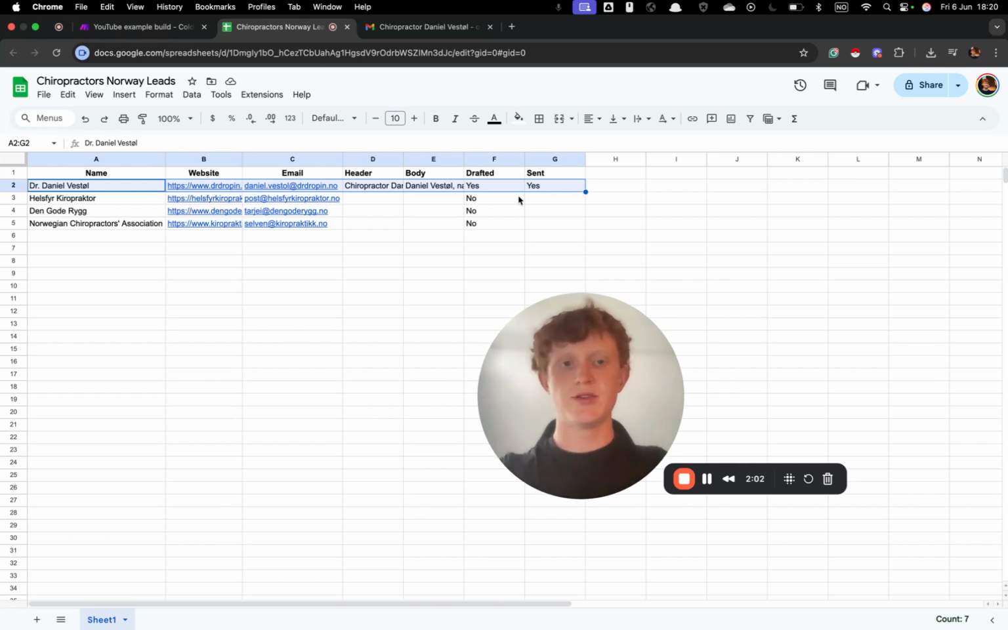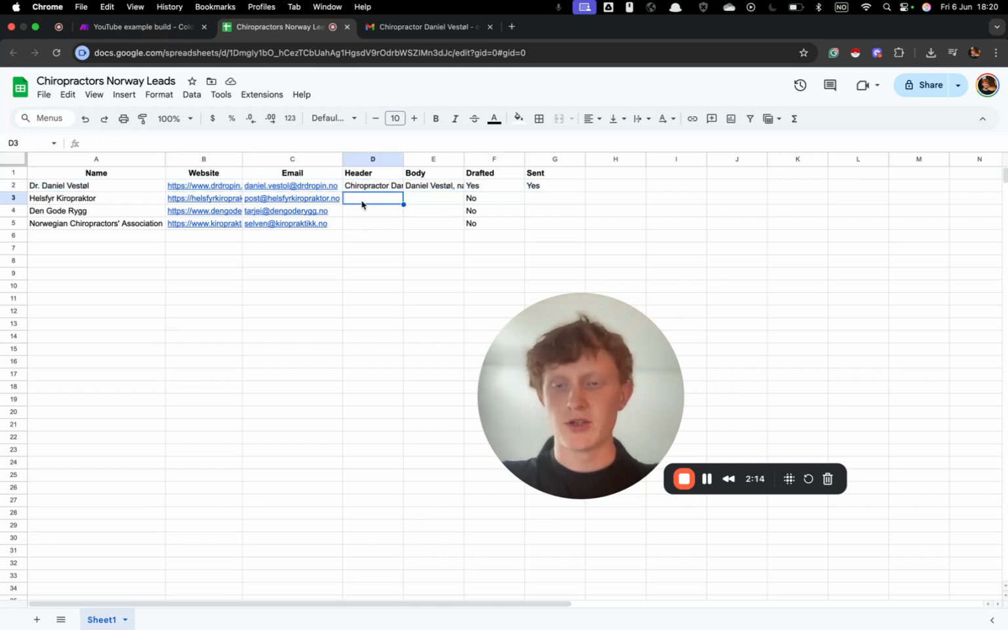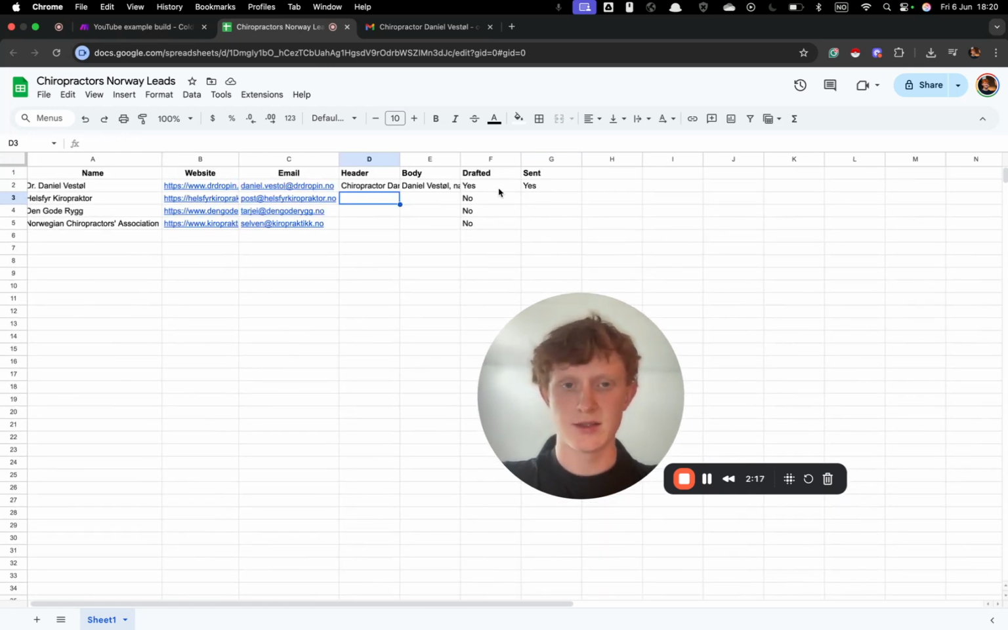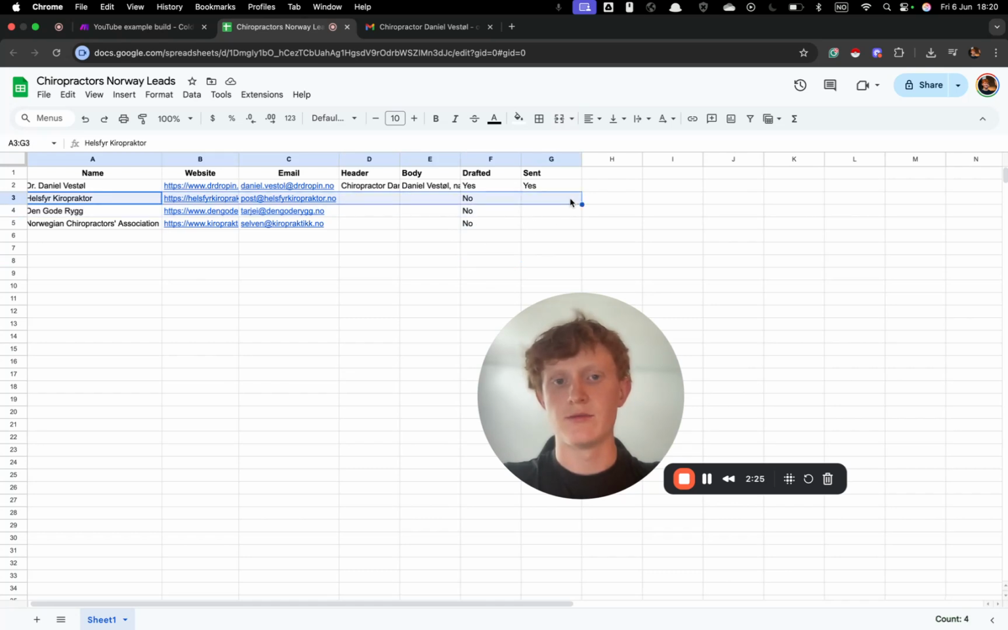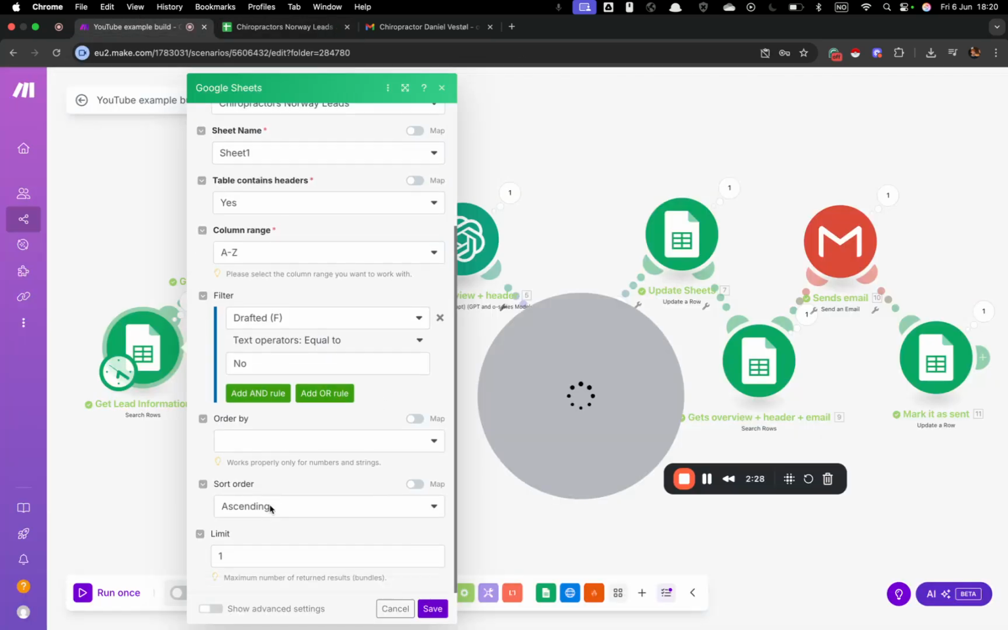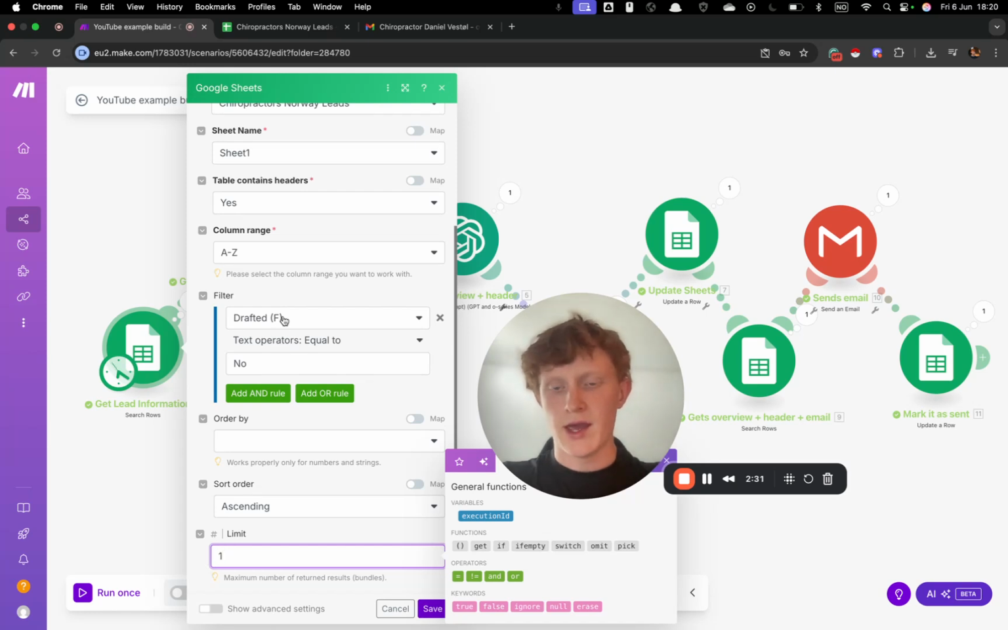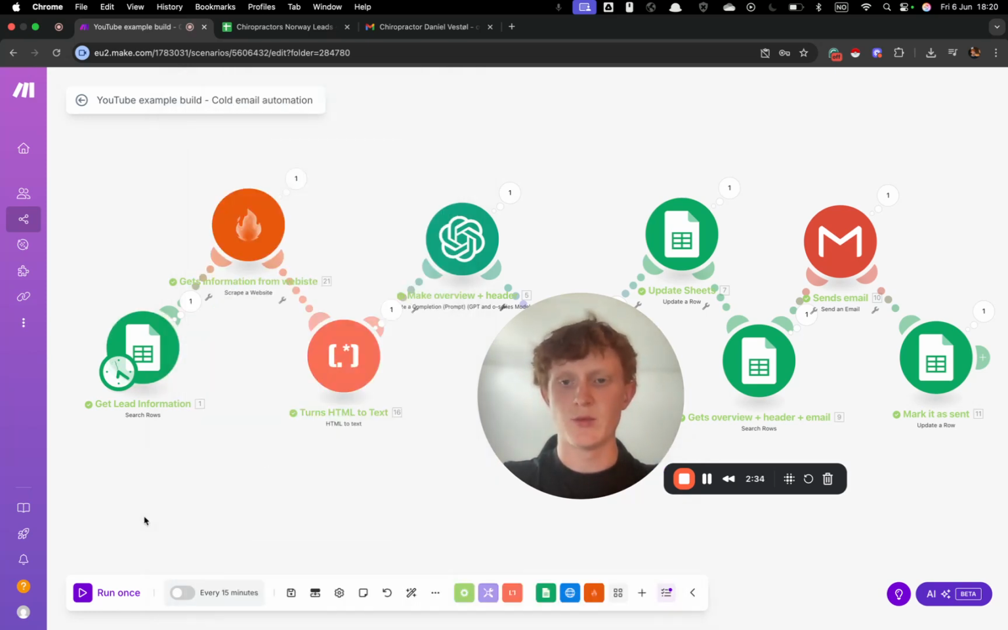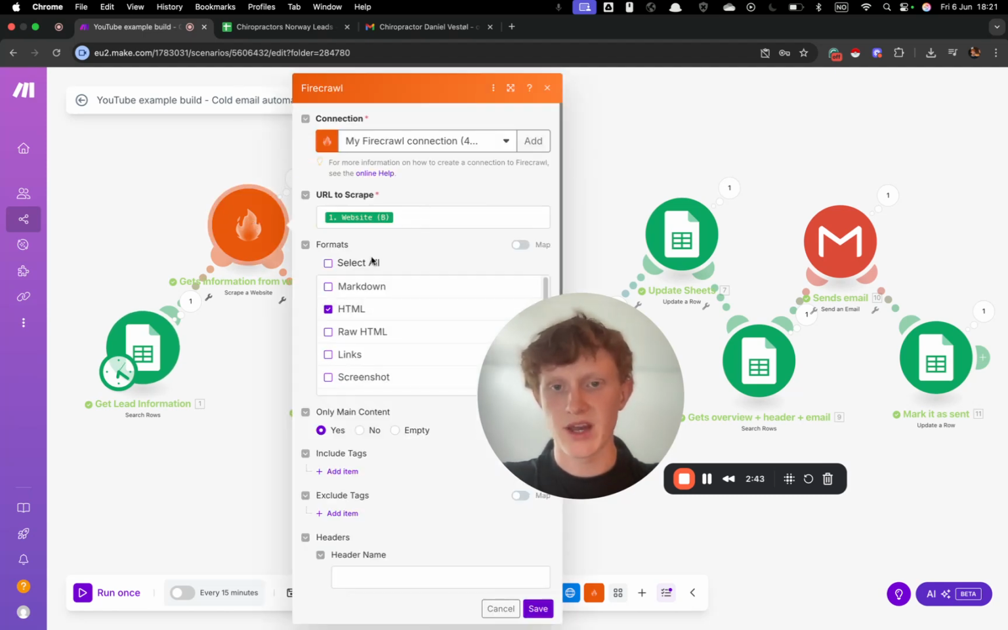It will just waste tokens on your API key, which is not that fun, even though it's not that much, but it will definitely be much if you have thousands or hundreds of leads. And so if I run this once more, it will then take this one. Of course, you can run multiple leads, I just set the limit to one for now. Because this is no, it will only do the ones where drafted equals no, and then it will send that information, I mean the website URL,